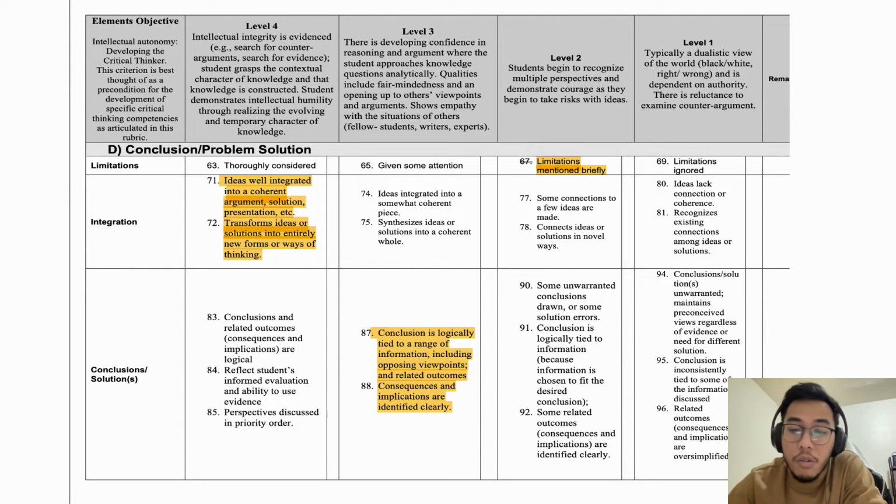Next is the conclusion. I concluded my paper by identifying and stating the author's conclusions. With that, I supported it with a few examples based on my observations and news that I follow in the space industry. Additionally, I added my point of view as well, and how it is all connected logically, in my opinion. Hence, I rate myself level 3 for this component.